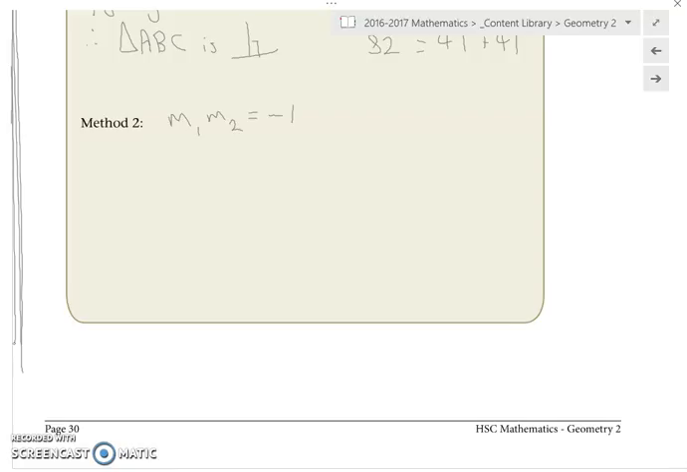Multiply what though? Right. We need to find any 2 of those 3 gradients multiplying together to give us a -1. If we find 2 of them that do that, then we know that those 2 lines are perpendicular. And that's all we need, because we know all 3 lines make up the triangle. That's what we're told. Okay, so let's find